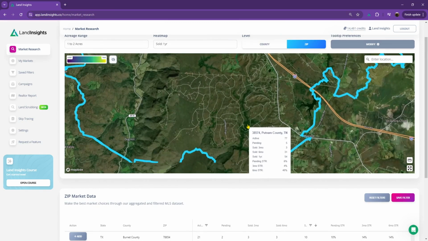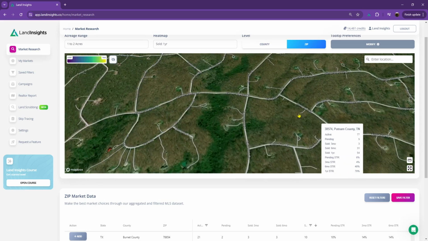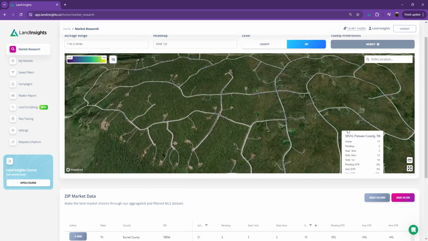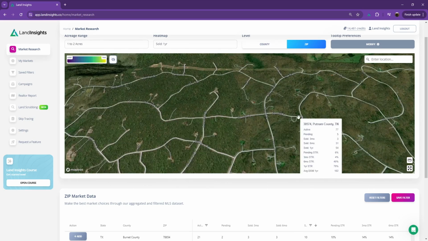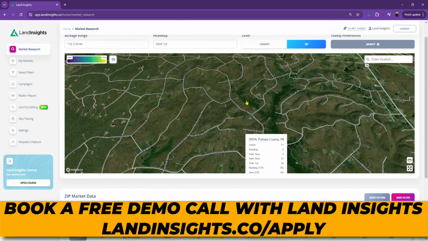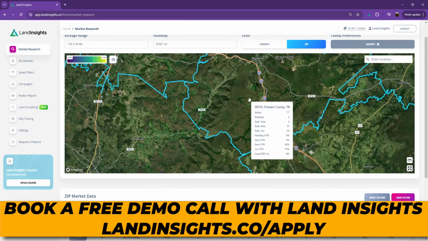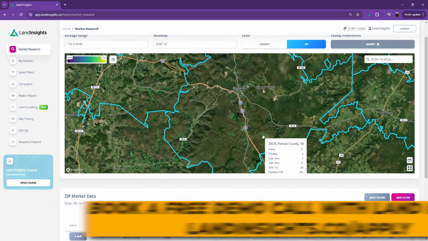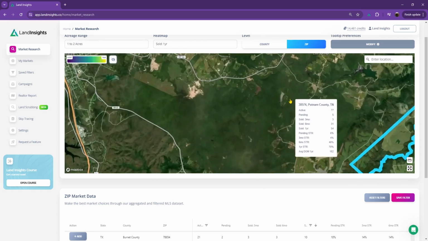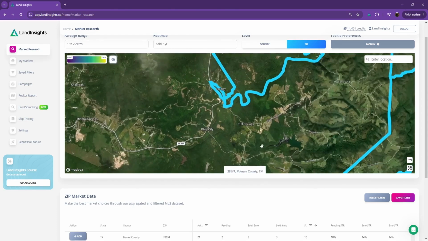So this is a good example. You can tell that as I zoomed in here, it's clear that I found a subdivision, one that does not look fully built out, or maybe at least has larger 1 to 2 acre properties in it. And so this may be an opportunity to market to 1 to 2 acres in this particular zip code 38574, and find an opportunity that works for me that maybe I can pawn off to a builder or a retail